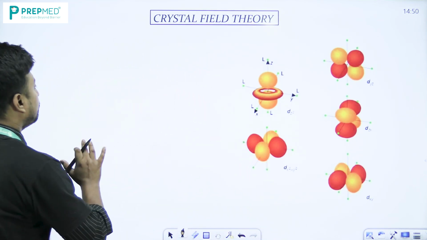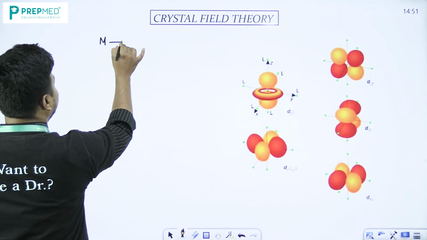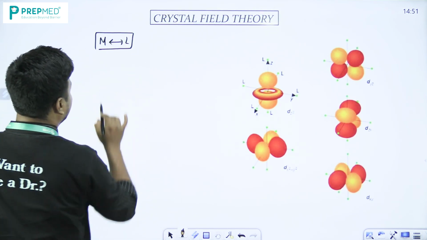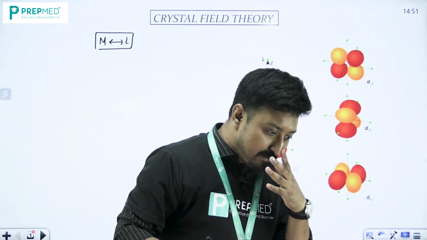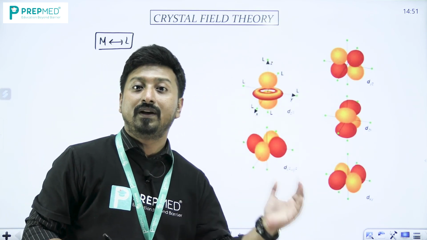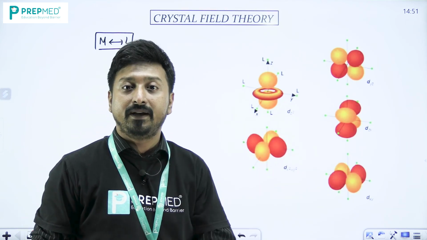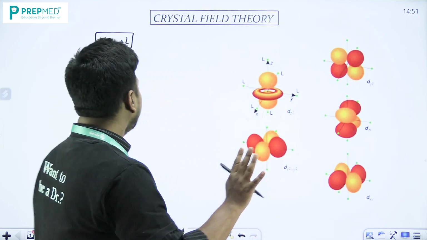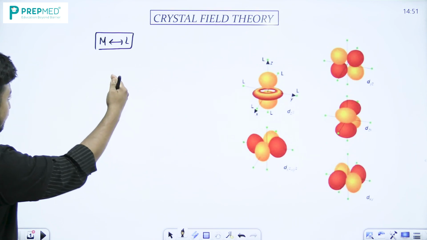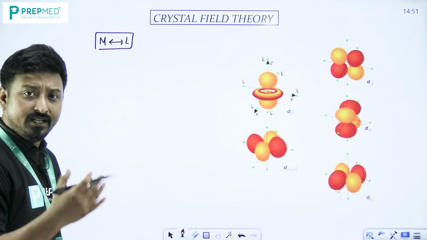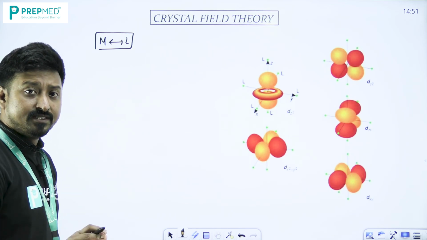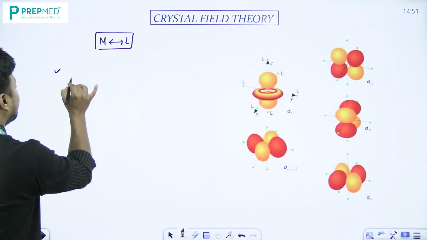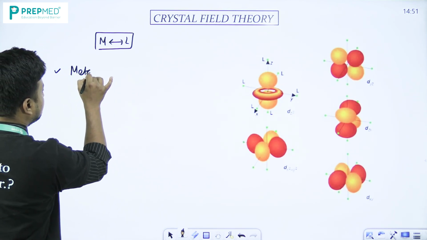Now coming to the feature, remember one thing: we always try to modulate the metal ligand interaction. When we say metal ligand interaction, that means the ligand will donate electrons to the metal, and since the metal is an electron deficient species, it will closely attract the electrons. People usually describe this interaction with different theories, but the most important thing we are going to assume in crystal field theory is that the metal ligand interaction